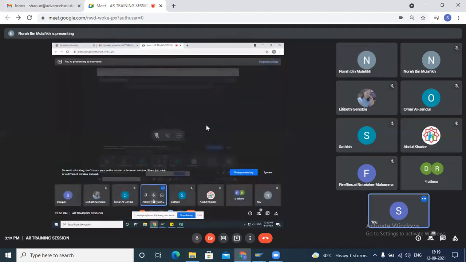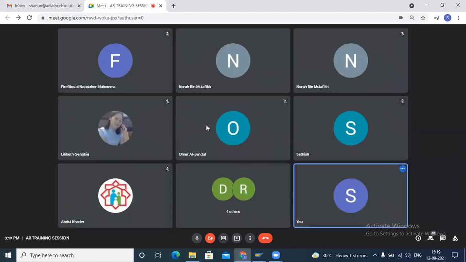Actually, this is the one print program which somebody has created.